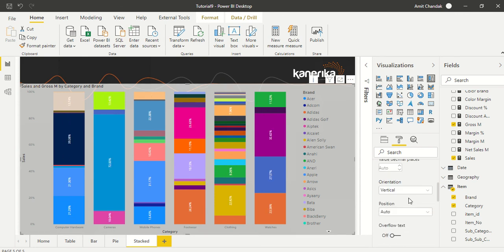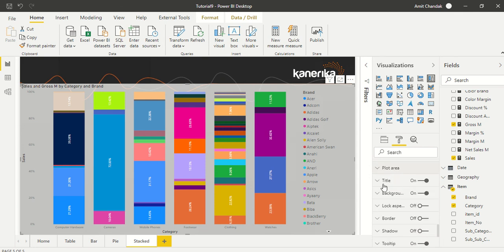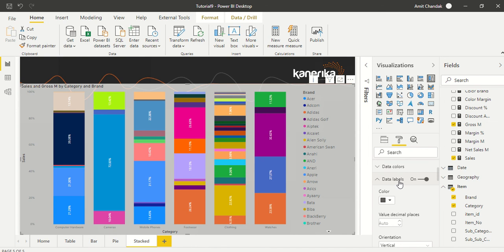You can change the orientation to horizontal or vertical, and the position to auto, with overflow text. Overflow means when the text goes out, it will allow it. You can see the impact of this here. When I allowed overflow text, it allowed values at a few more places, but if a segment is too small it is not going to show it. Then there is show background; these are the options. Then customize series: if I click on customize series, for each series you will be able to make some decisions. Then plot area, where you can do transparency and so on, but we are not going to play around much with these features.